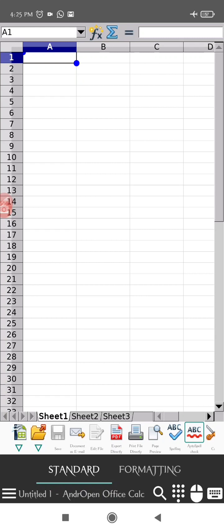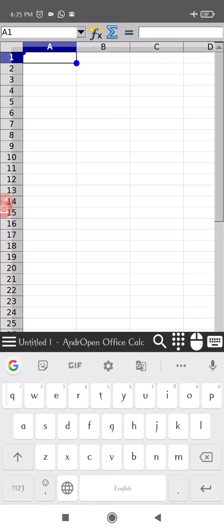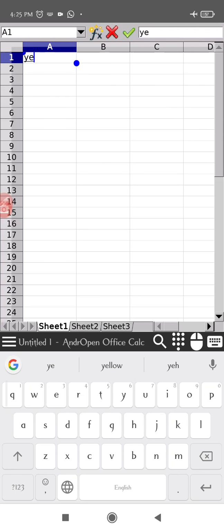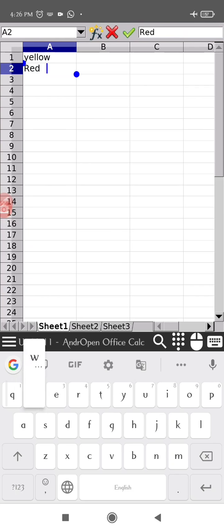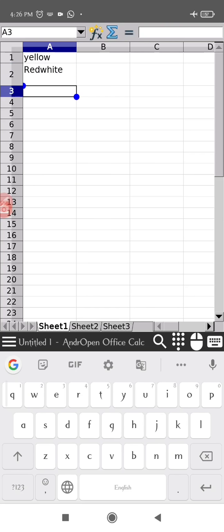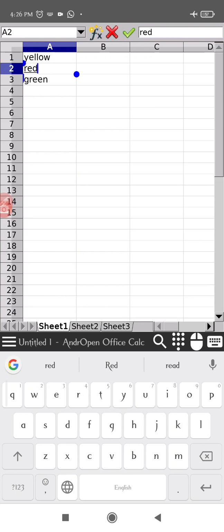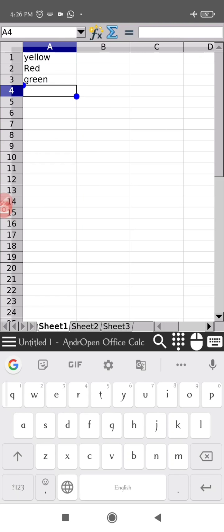First of all, we have to type some words or some names or the given data. So here I am typing some color names like yellow, red, white, green. You can see all the colors are not in alphabetical order. I am randomly writing the names